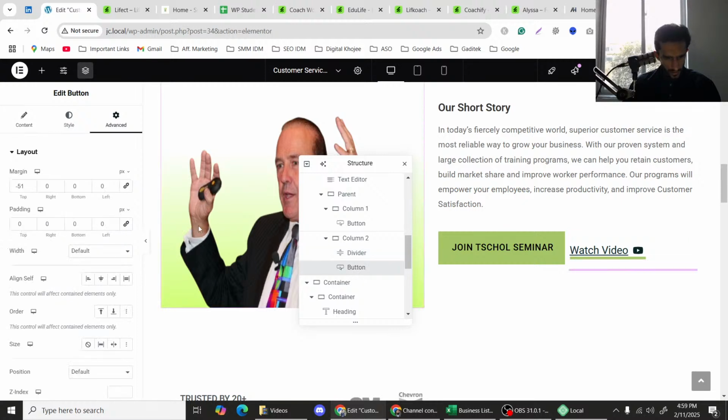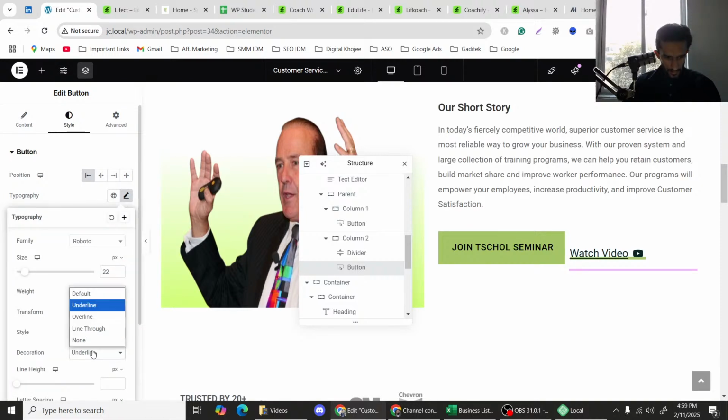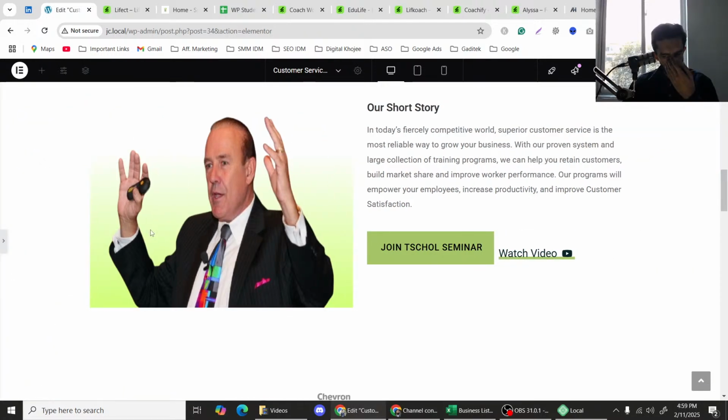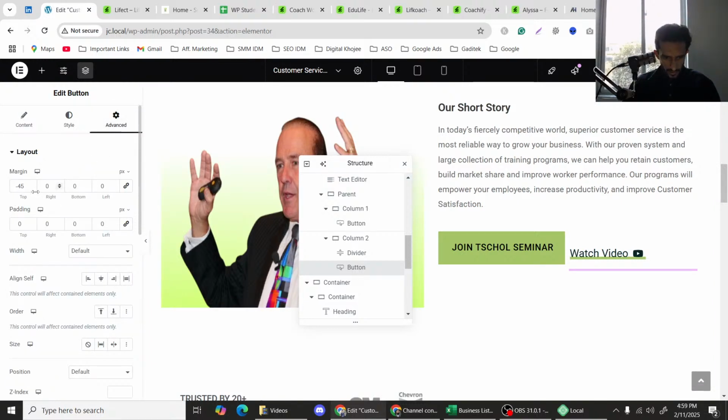60 पे। बटन को पकड़ा, बटन को नीचे की तरफ थोड़ा सा ड्रैग किया ऐसे, 45 पे रख दिया, और यहाँ से स्टाइल में जाके इसको जो अंडरलाइन किया था, आई विल नॉट अंडरलाइन इट, आई विल मेक इट टू डिफॉल्ट लाइक दिस, ऐसे करके। अब ये करके वो चीज़ बन जाएगी जो मैं इतनी देर से बनाना चाह रहा था, ठीक है। लेकिन अब इसकी अलाइनमेंट्स का फ़र्क रहेगा,